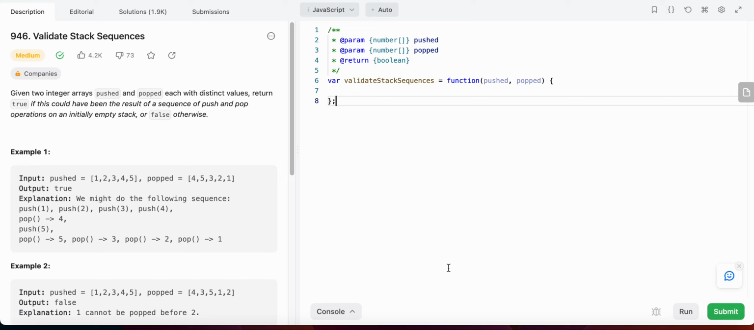Hello friends, today I am going to solve LeetCode problem number 946, validate stack sequences. In this problem, we are given two integer arrays, pushed and popped, and each of these arrays has distinct values,